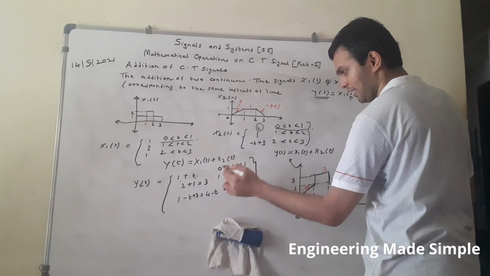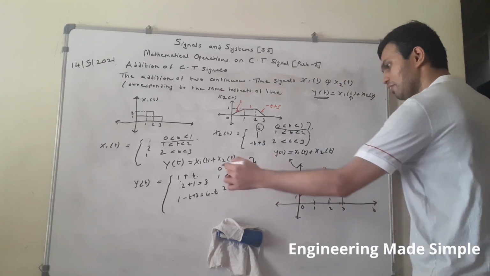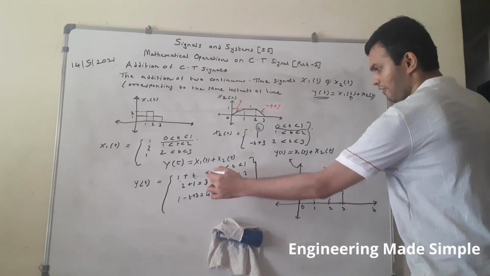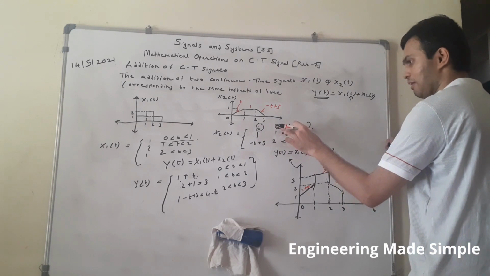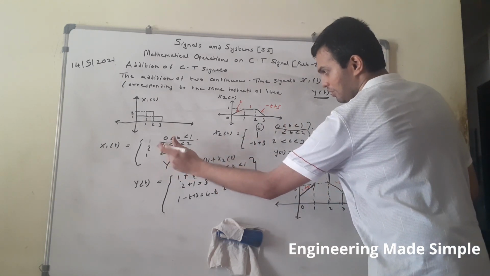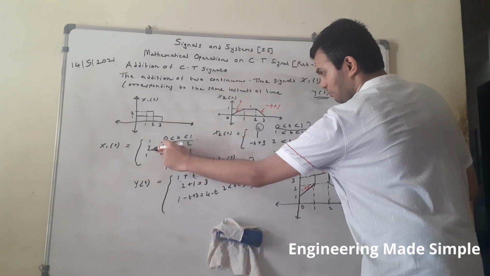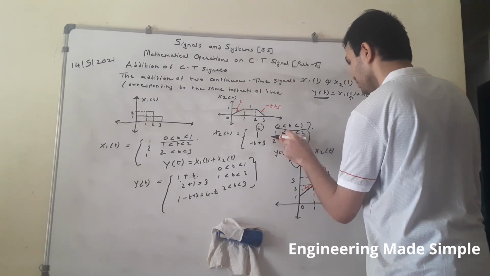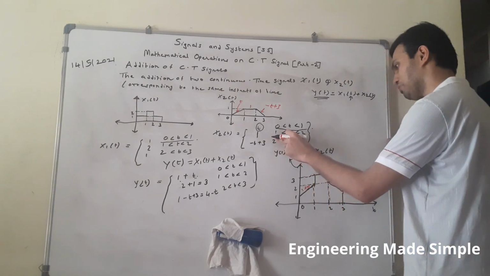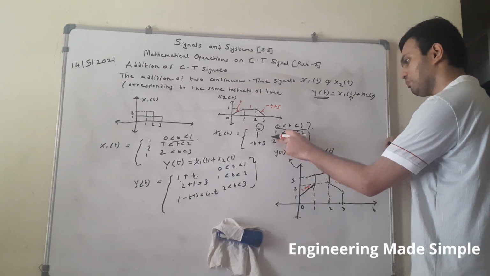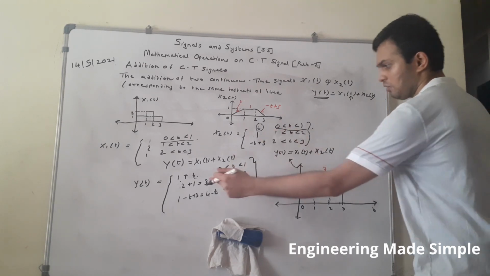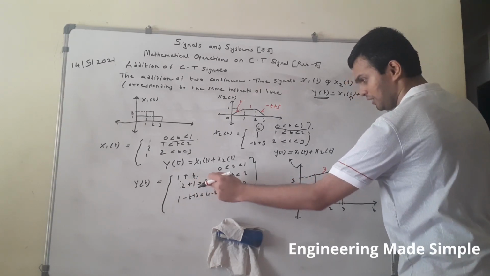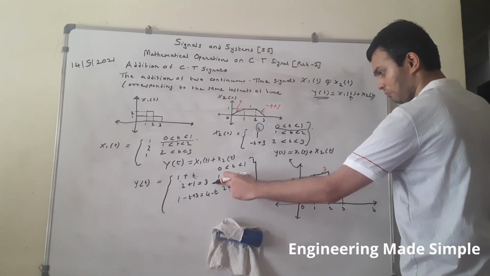So now I got a straight line. It is of the type y is equal to mx plus c. Here the slope is 1. In this way we have added the corresponding same time intervals. Now let us see the next time interval. What is the value of the signal x1(t) between the time interval 1 to 2? It is 2. And what is the amplitude of x2(t) between 1 and 2? It is 1. So our final value will be the addition of the amplitudes, that is 2 plus 1, so it is 3. This is simple in the time interval 1 to 2.